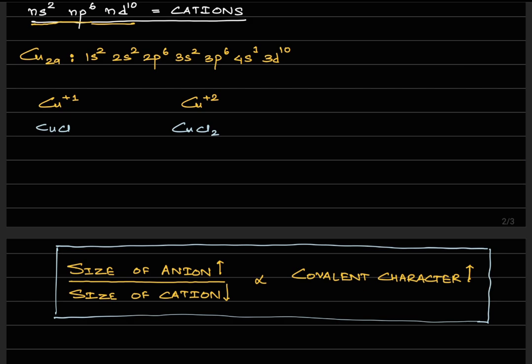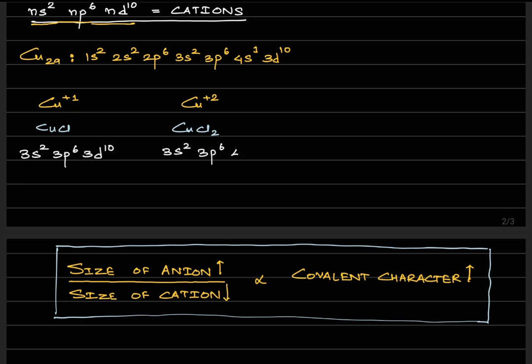Okay, if I talk about Cu, what would be its electronic configuration? The electronic configuration, only the outermost electronic configuration. The outermost electronic configuration would be 3s2, 3p6 and 3d10, right, for Cu in plus 1 oxidation state. Whereas if you consider Cu in plus 2 oxidation state, the outermost configuration would be 3s2,